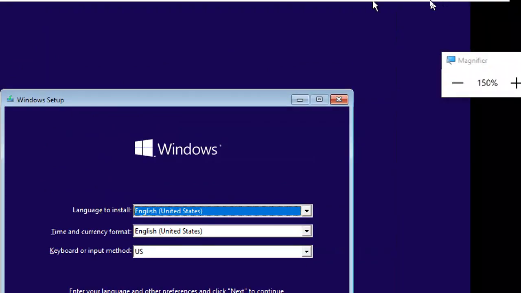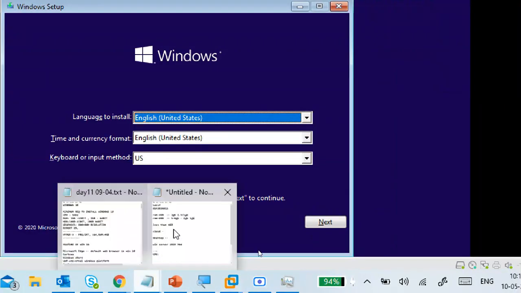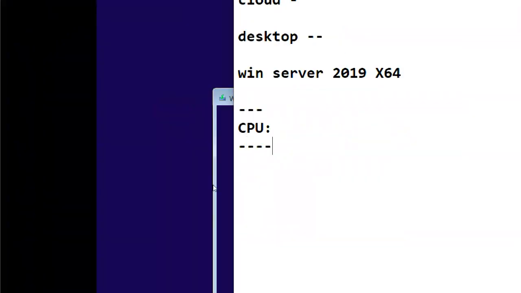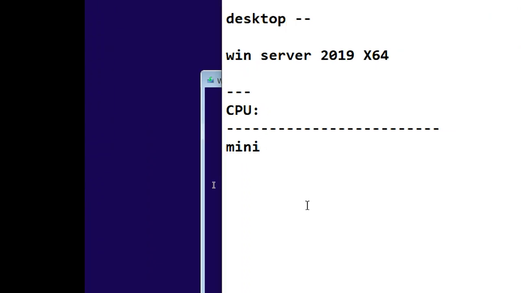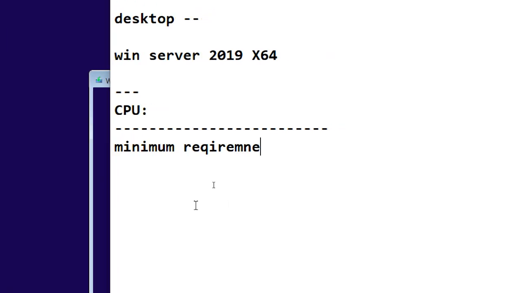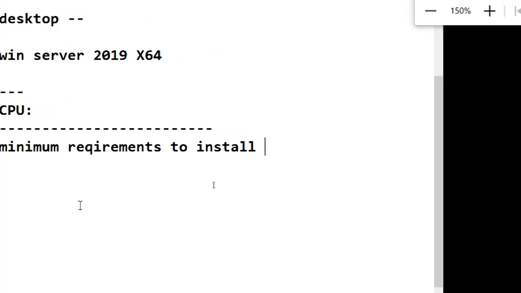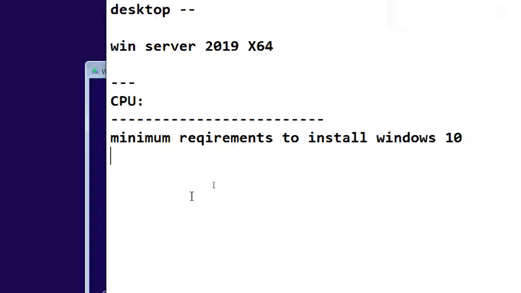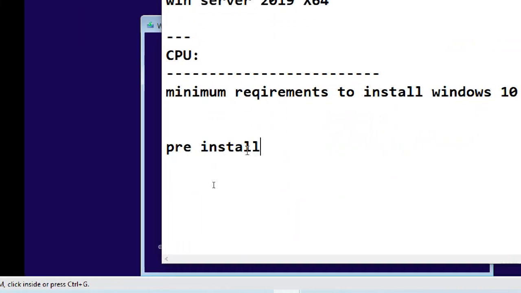Pre-installation steps. The important thing is, first you have to go with the pre-installation steps. For installation, the important thing first is the minimum requirements to install Windows 10. Next, pre-installation steps.